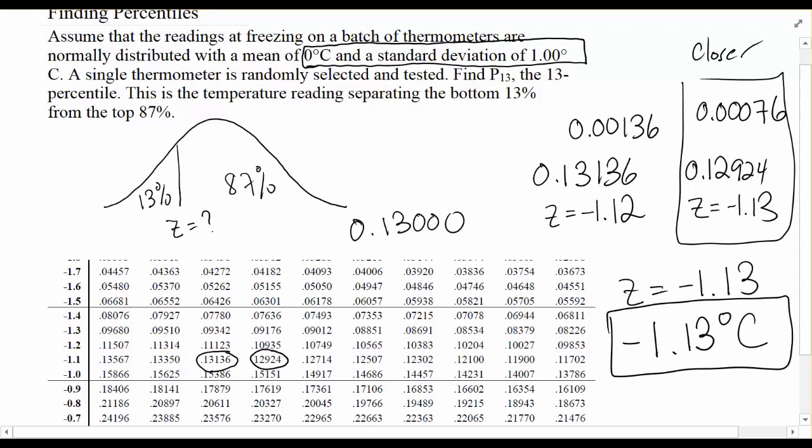Now, if the problem told us a different mean and a different standard deviation, then we could use this z-score to find that data point. But basically with these problems, we're working from the inside of the table out. We're finding the percentage to the left inside the table, determining the z-score on the table from that percentage, and then we can find the data point from that z-score.